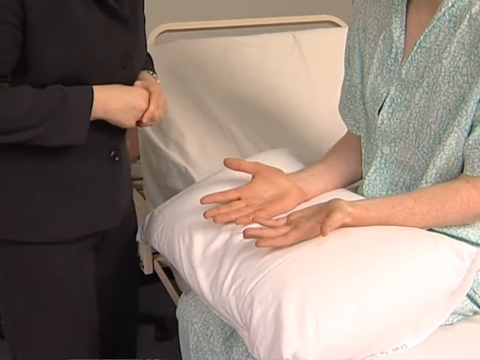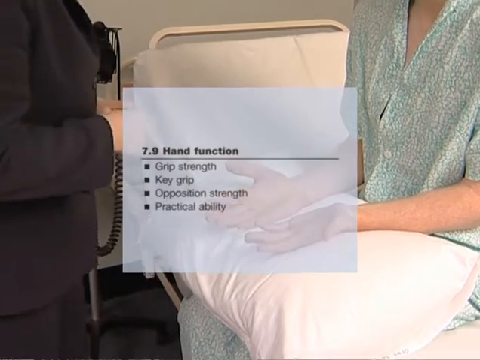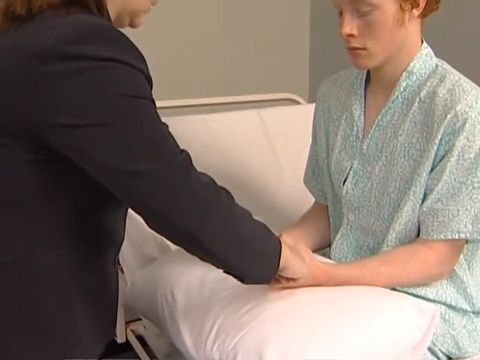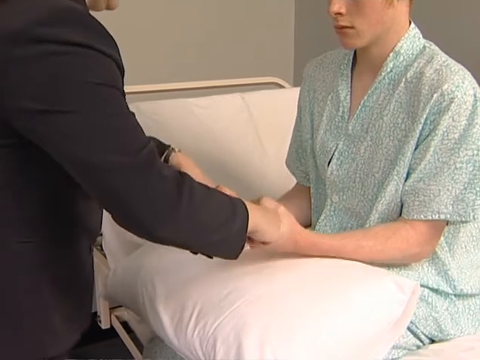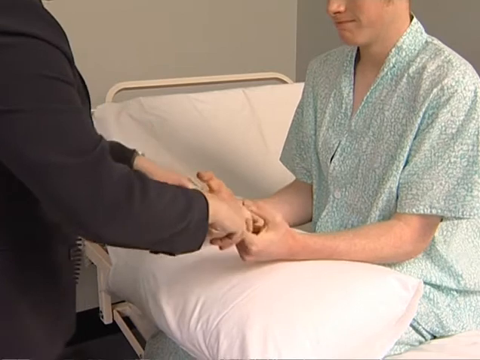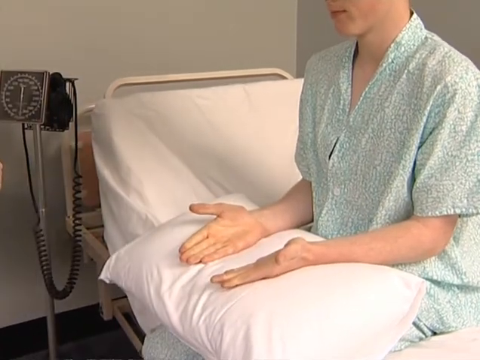Now test hand function. Okay. First of all, I'd like you to grip my fingers very tightly in your hand. Grip strength is tested by getting the patient to squeeze two of the examiner's fingers. Don't let me pull them out. Very good. Okay. Key grip is the grip with which a key is held between the pulps of the thumb